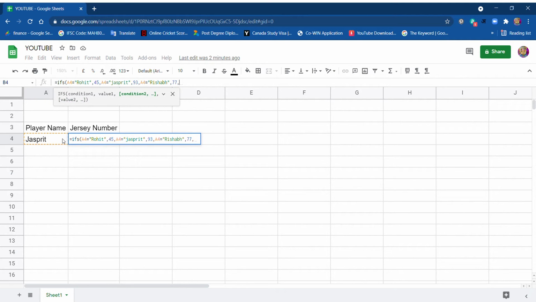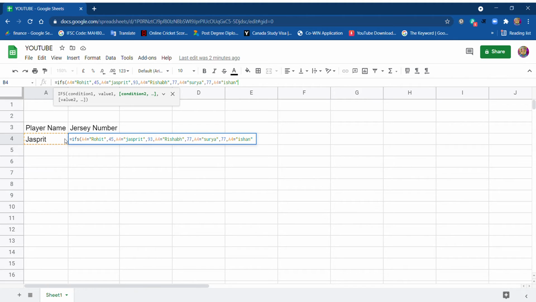Then my fourth criteria is if A4 is equal to Surya, then give me value 77. Then my fifth criteria is if A4 is equal to, sorry, you have to put the criteria. If the criteria is text, you have to put it in double quotes.